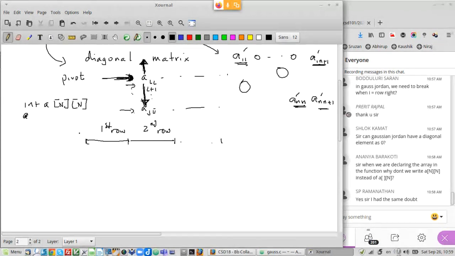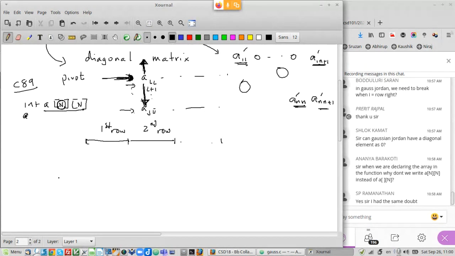Okay, more recent versions of C allow you to have variable length arrays, but we are not working with that right now. We are working with a slightly older version of C, which is called C89. And there you have to declare the size of the array beforehand, right? Beforehand means at compile time, when your program is being compiled, the compiler should know how much space the array will occupy. So you do this. Okay, so you cannot have more than n rows.